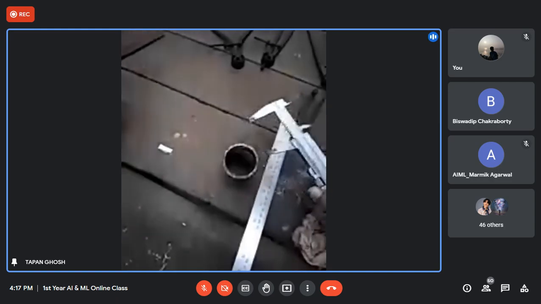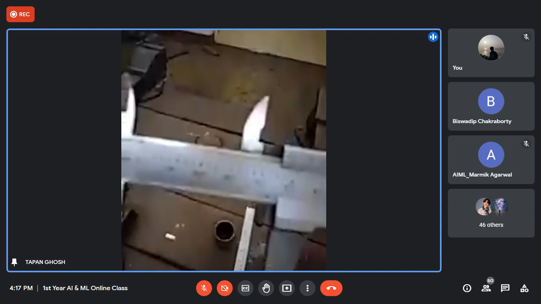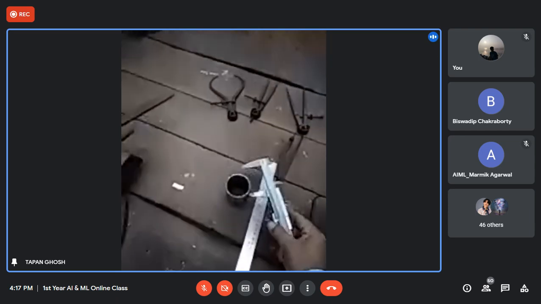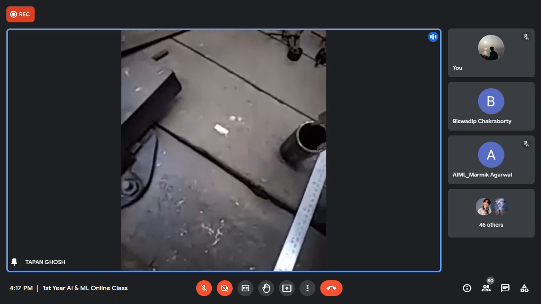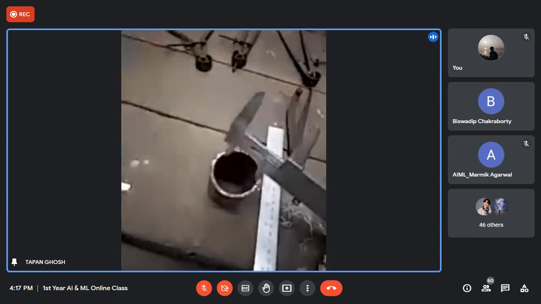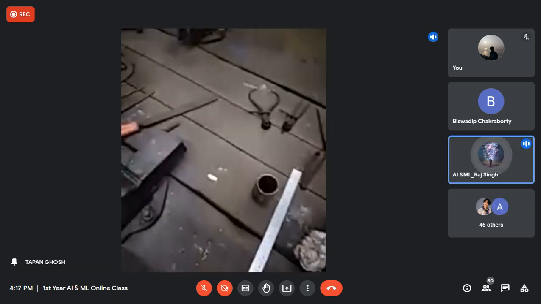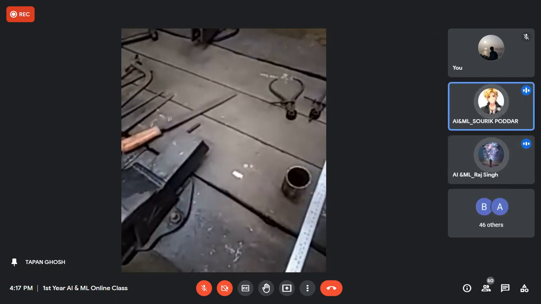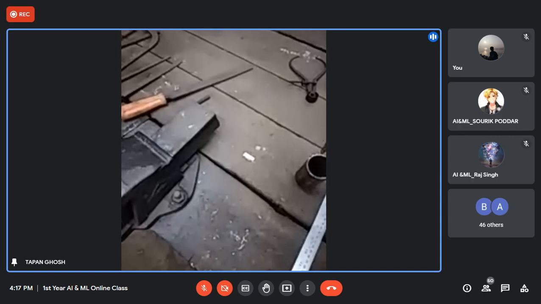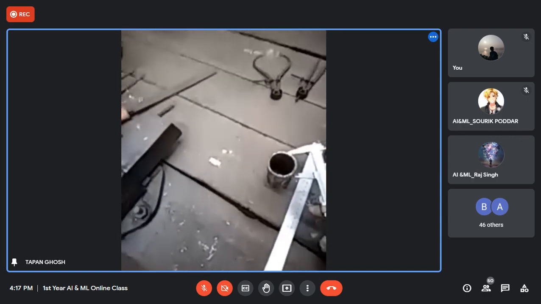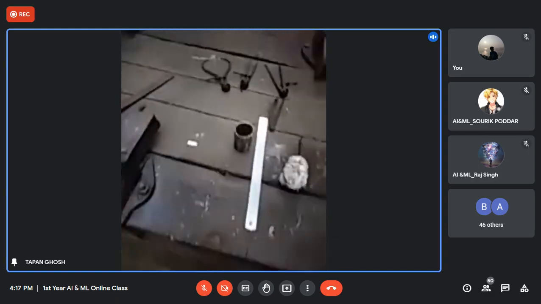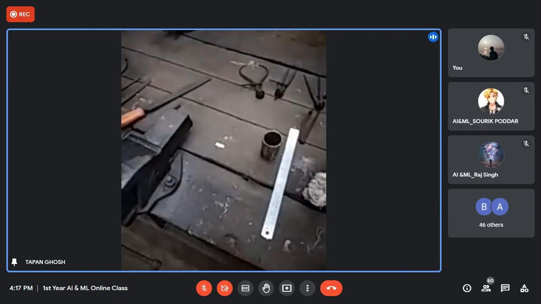If you want to measure the outside diameter directly, you can use the vernier caliper. Clear? You can use it like this. You have to check what is the diameter of this pipe directly with the help of the vernier caliper. In the same way you measure the inside diameter directly with this vernier caliper. With the vernier caliper we can find both inside diameter and outside diameter. Clear? Yes, sir. But when any precision measurement is required, you use the vernier scale. Anything?